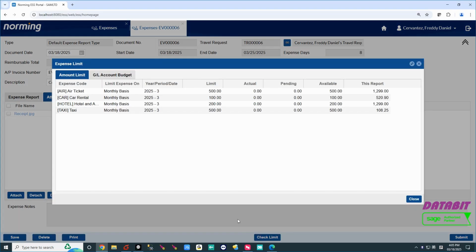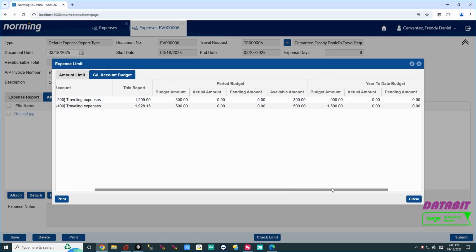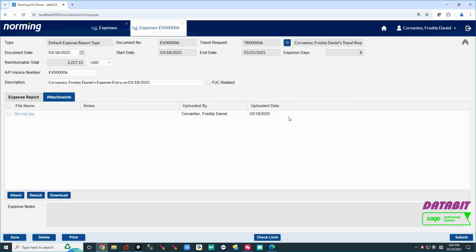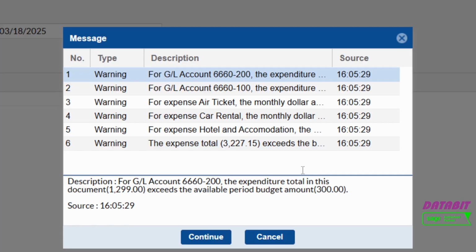After the receipt has been added, users can check the personal or department-wise expense budget. They can get the budget figures for a specific expense code and for a specific period. For department-wise budget, you can set up the budget based on the GL segment account in Sage 300. The application will check everything for the finance user, so you don't have to spend your time on the budget checking process.